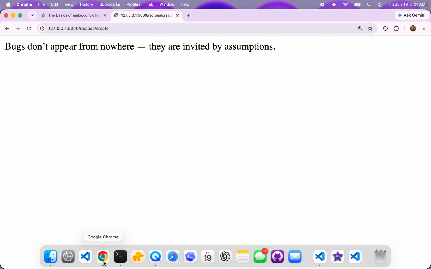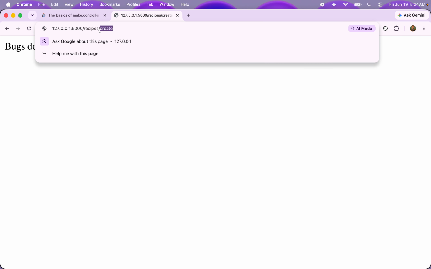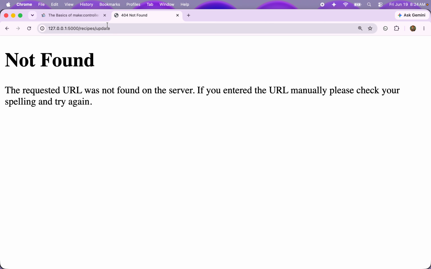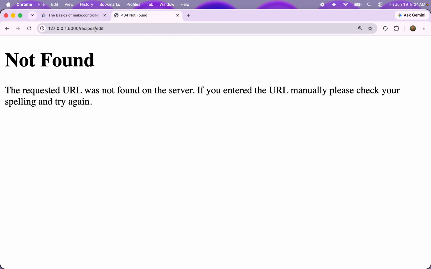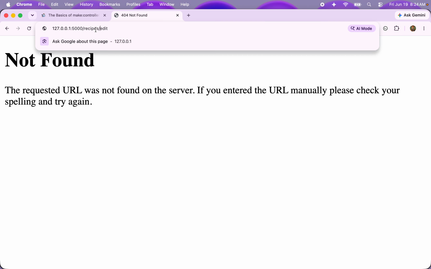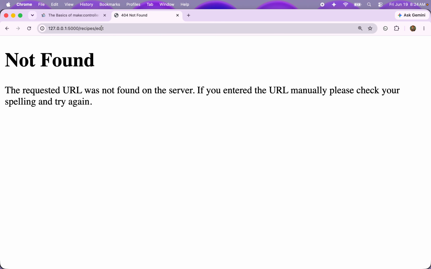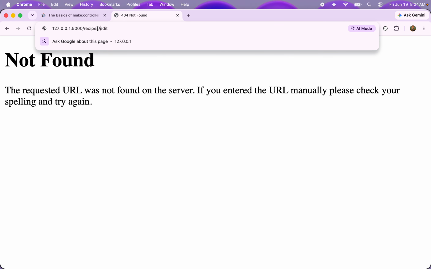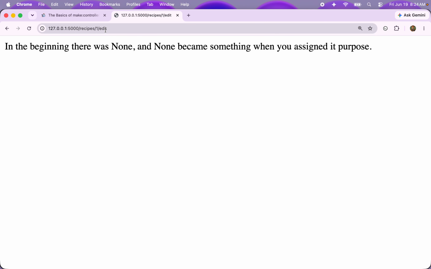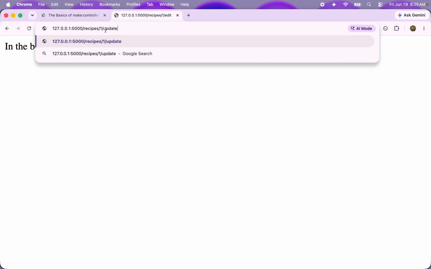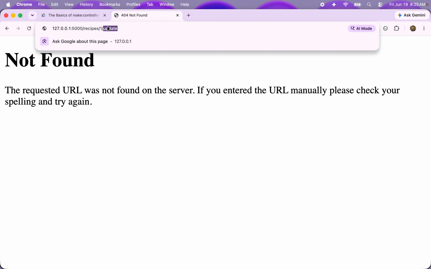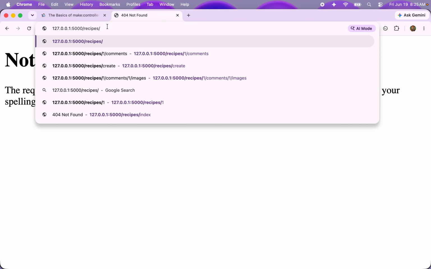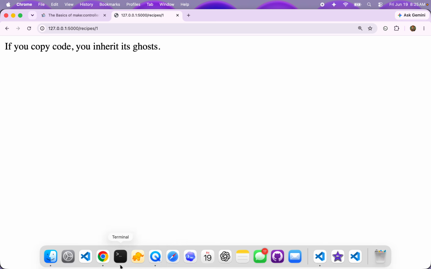Let's see, what was the other one? Update, is it? Update, edit. It's edit. That's the post. And you need it on the ID. It took it away from me for some reason. Okay, there we go. So edit, and then the update is the post. So you get an error. And I guess you don't actually type in update, do you? So yeah, the update, if you want to see that,